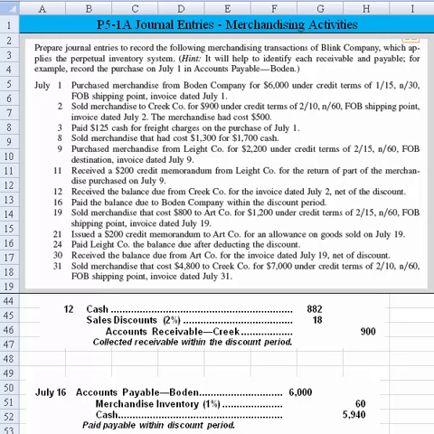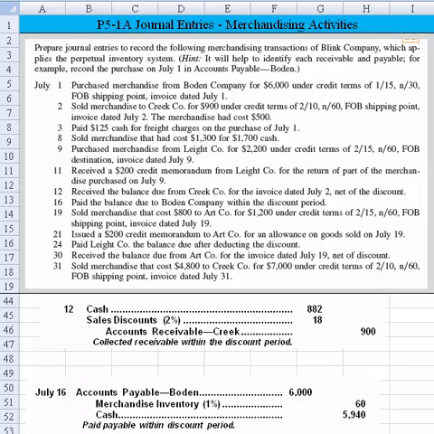So $6,000 times 1% is $60. We show that as a reduction in the merchandise inventory that we purchased, right? And we show the cash balance of $5,940